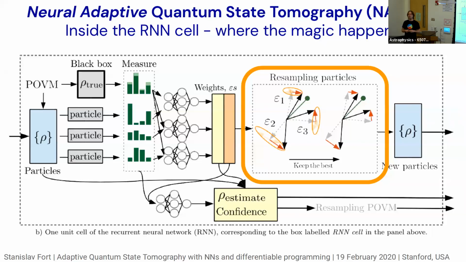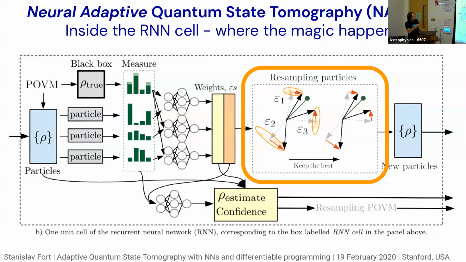Yes? Is the number of particles like a hyperparameter? Yeah, the number of particles is a hyperparameter, the same way it would have been for the ABQT, the classical Bayesian algorithm. Correct. So the more particles we have, the better the sampling of the distribution we care about is. But the more computationally heavy the algorithm actually is. Yeah, good point. Nice.